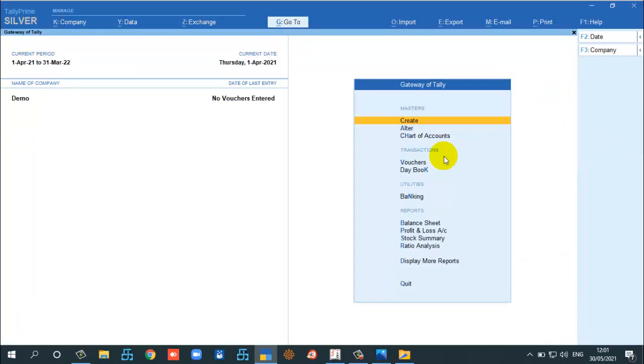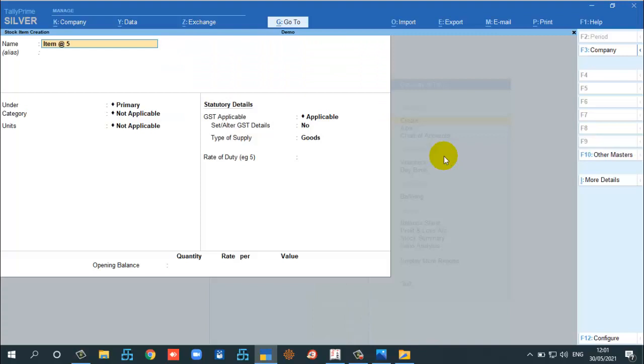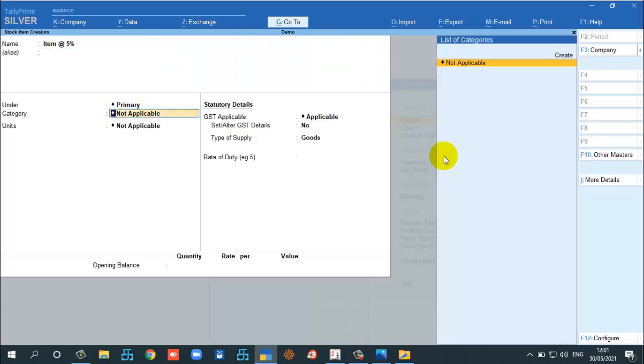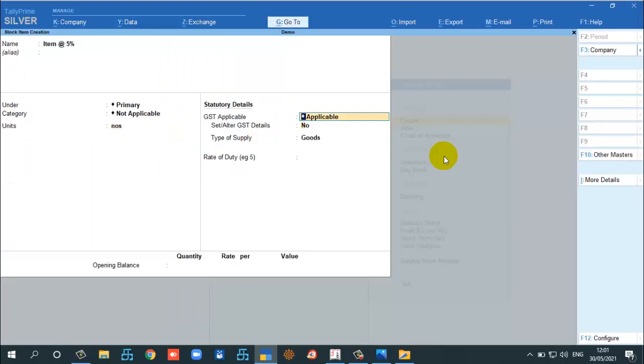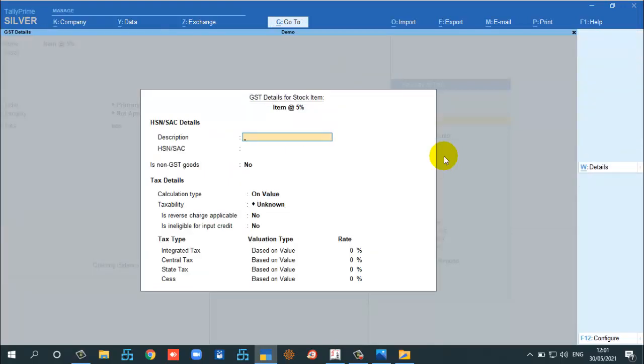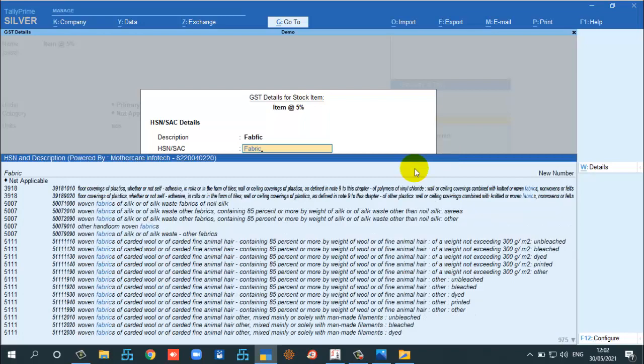So now I am creating a stock item at 5%. Just I am configuring inside the stock item level. So we can use item description as fabric. Now when you type fabric, see, all the HSN codes will be displayed here.